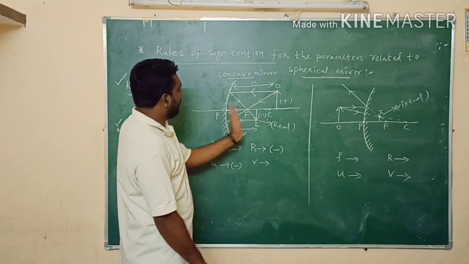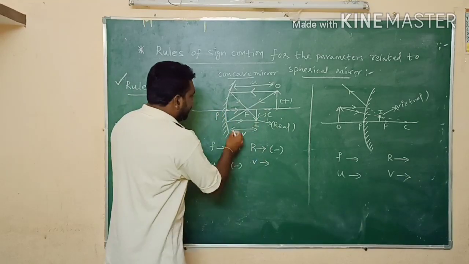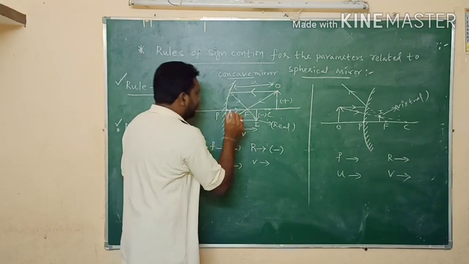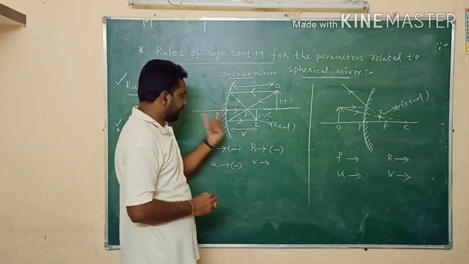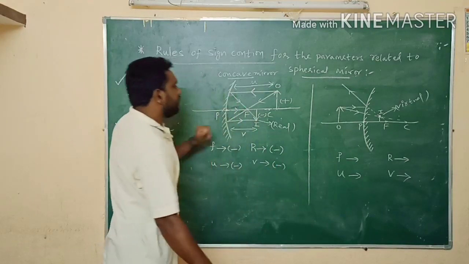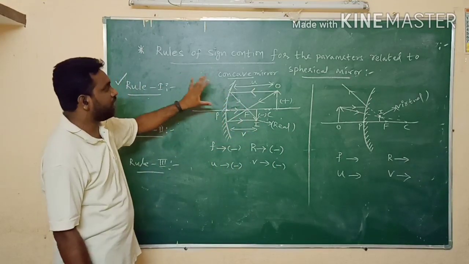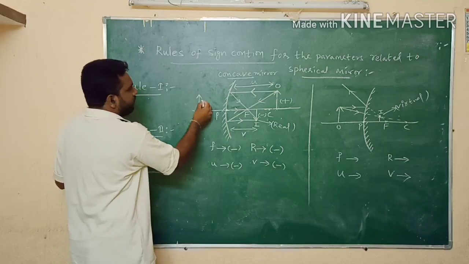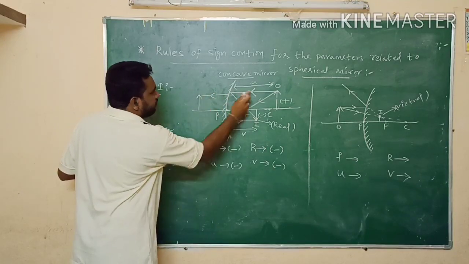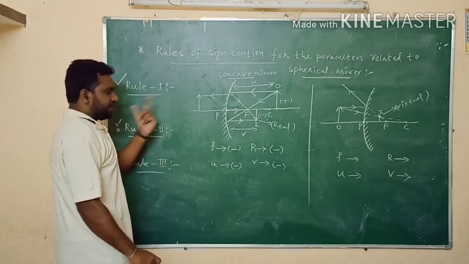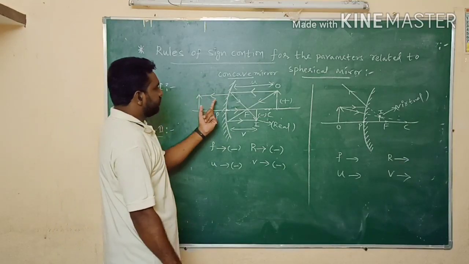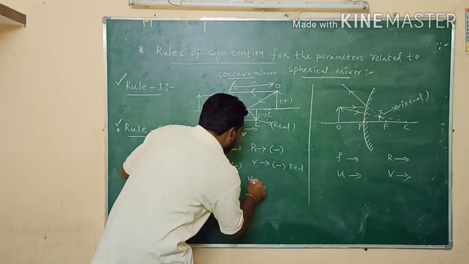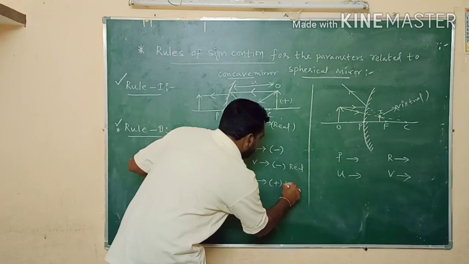So real image is always at the same side of the mirror. And the distance between mirror and image is nothing but distance of image. Here also we are measuring opposite to the direction of incident ray. So it also becomes negative. Real image means negative. For example, if we get a virtual image, we get it on the other side of the mirror. So in case of virtual image, we have to measure distance along the direction of incident ray. So in case of virtual image, we will get a positive value. So this is for real image. So if we get virtual image, it becomes positive.